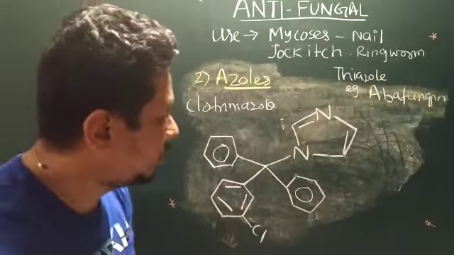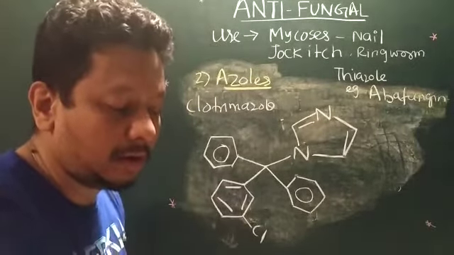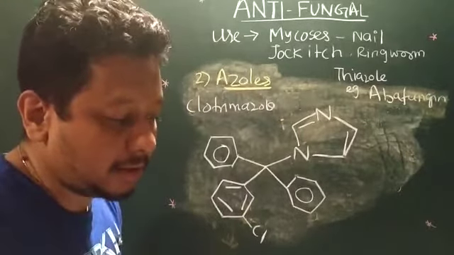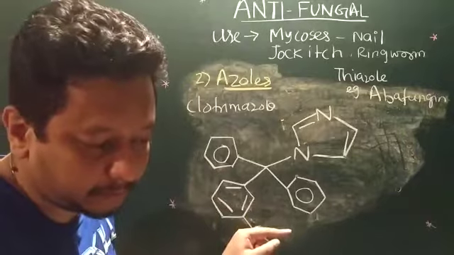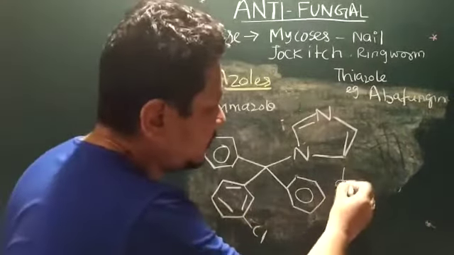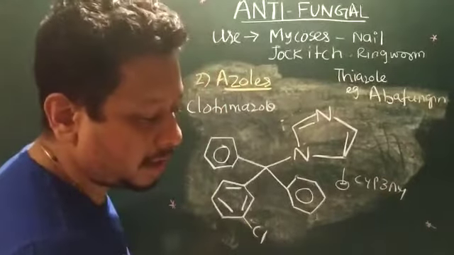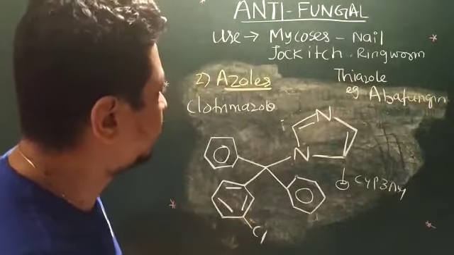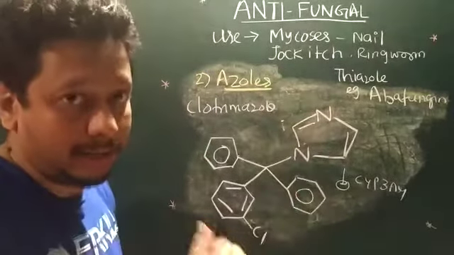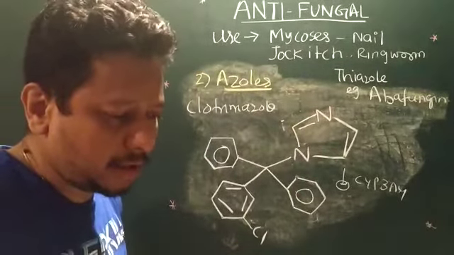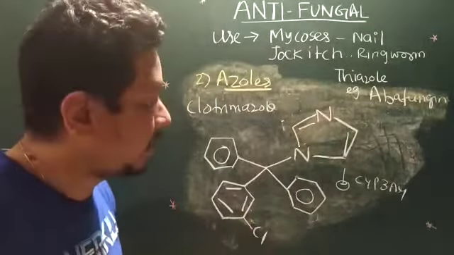Okay. So this is very useful to treat topical infections like ringworm, jock itch, but the side effect is always liver dysfunction, and it inhibits cytochrome P3A4, and it also causes skin irritation problems. This is the azole under the imidazole derivatives. Okay. The next imidazole derivative is more hepatotoxic than clotrimazole, but they are